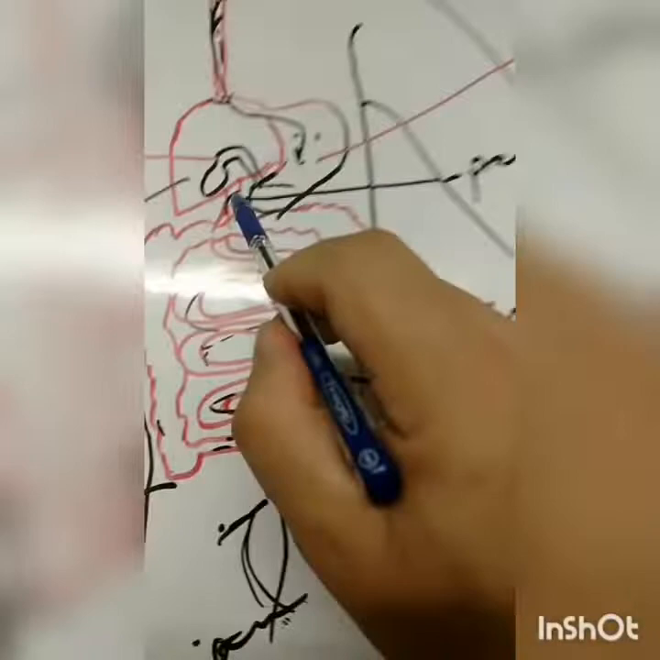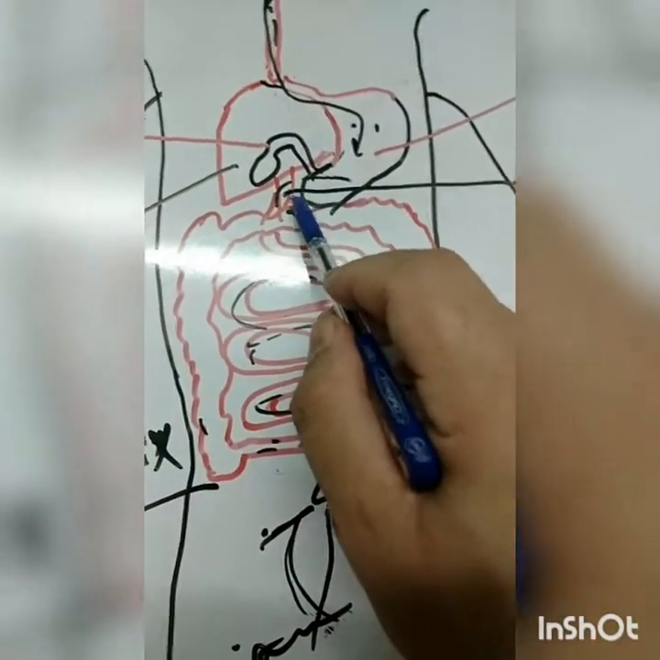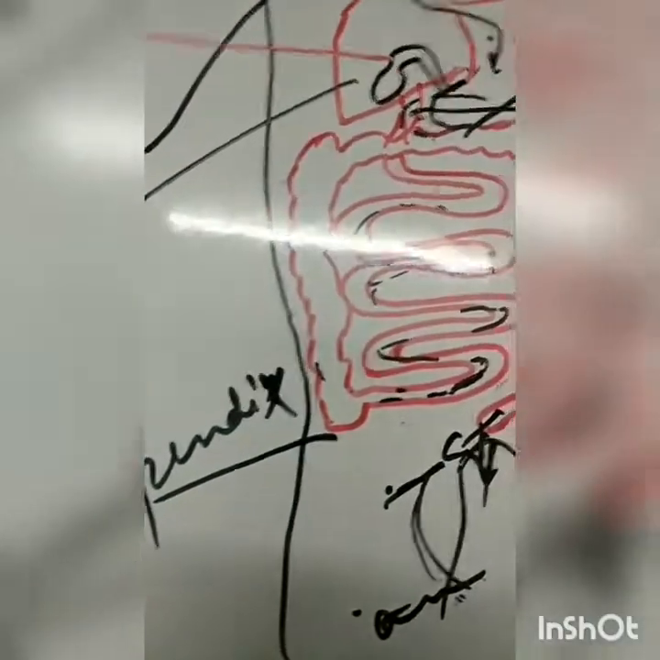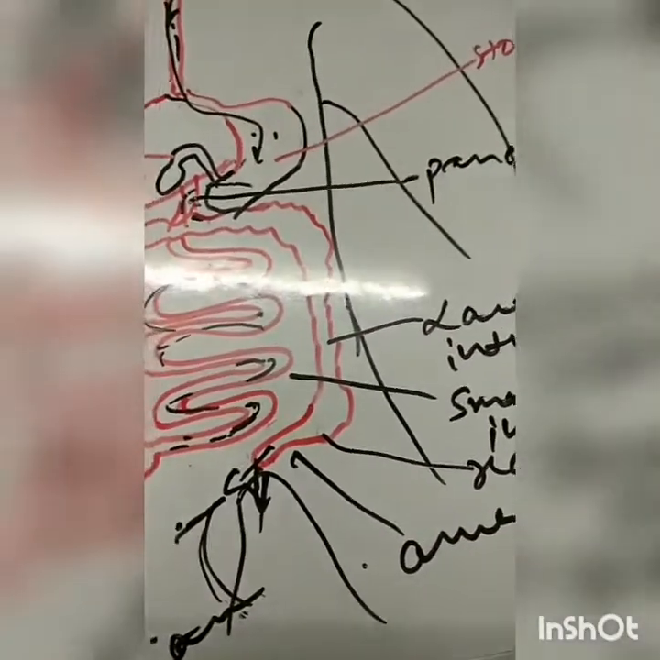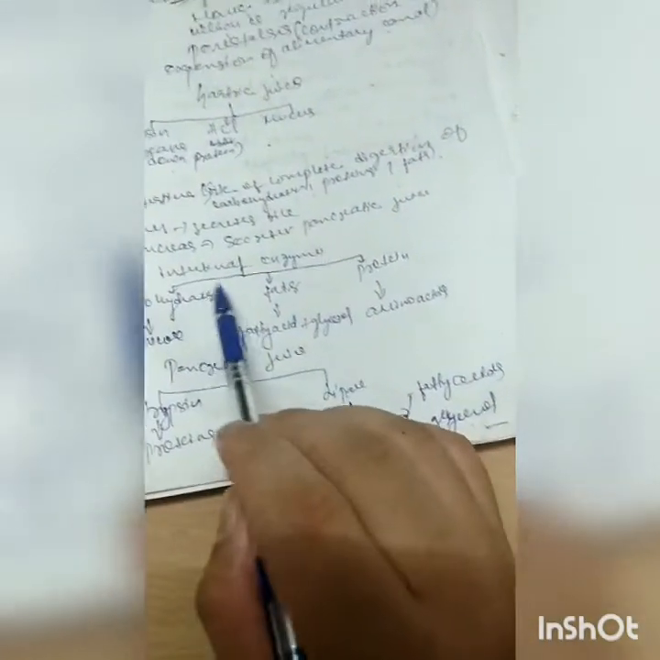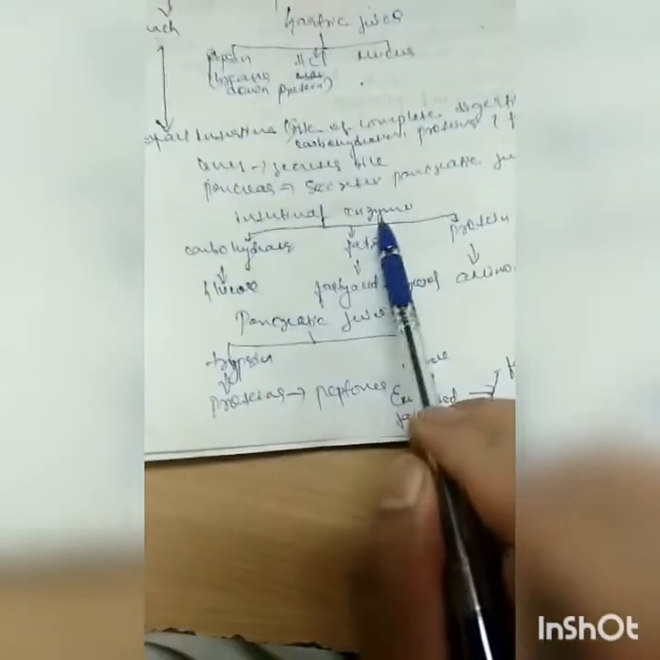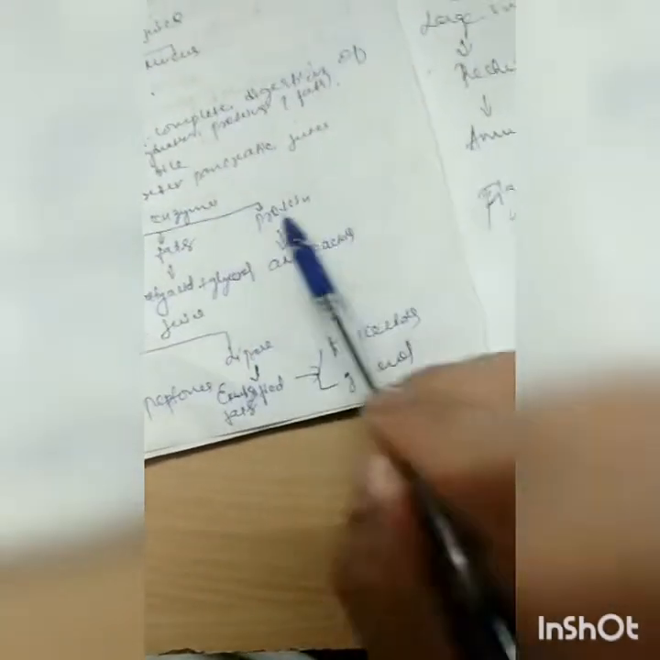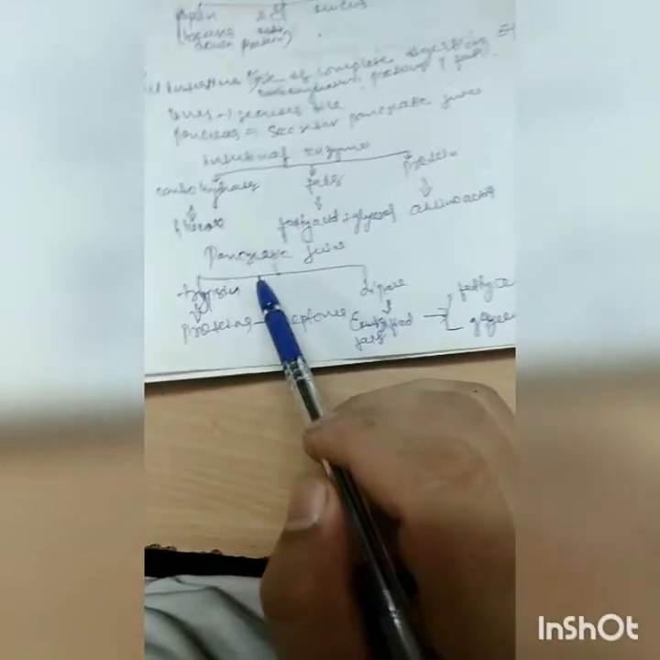This is the pancreas, a smaller structure situated below the liver. Right, and here it is the liver. This liver secretes bile juice, and the pancreas secretes pancreatic juice. And after this, all these things happen with intestinal enzymes. With the help of intestinal enzymes, carbohydrates are broken down into glucose, fats are broken into fatty acids and glycerol, proteins are broken down into amino acids. Right, and the pancreatic juice that is secreted from the